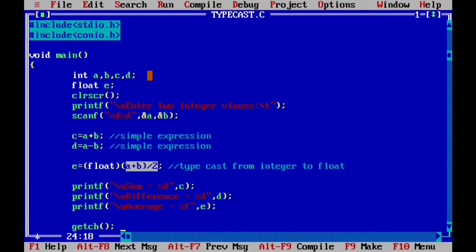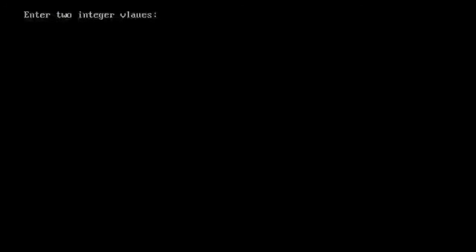Let's run it one more time. Suppose the values given are 10 and 5, right? 15 is the sum, difference is 5 and average is 7.5, right? I hope this is understood.